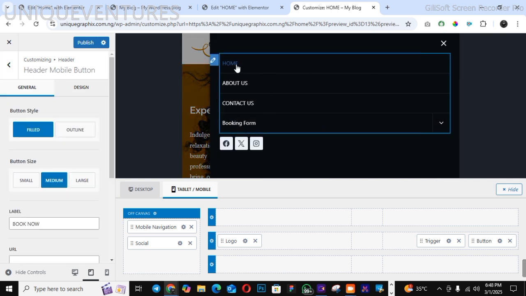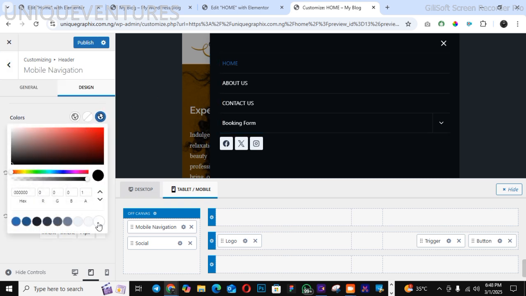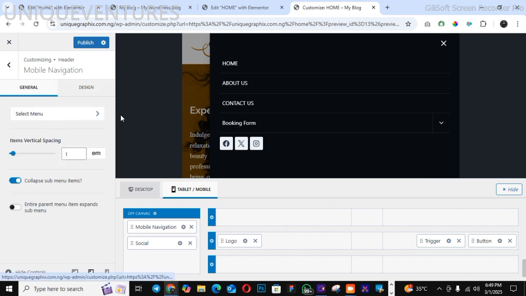We're having something like this. Well, I want to change the color of this to white. I want to change everything to white. Then for this, what's it called, for this trigger,